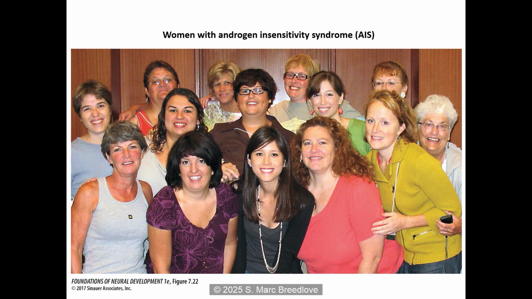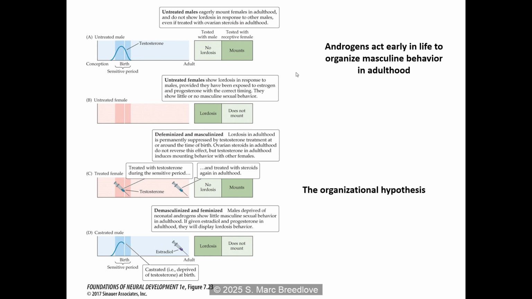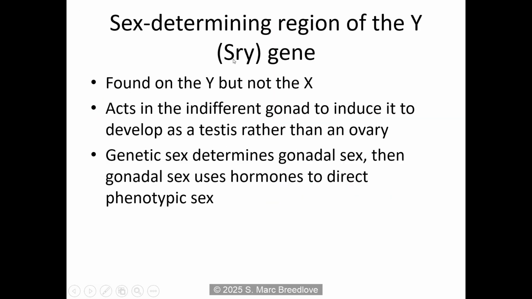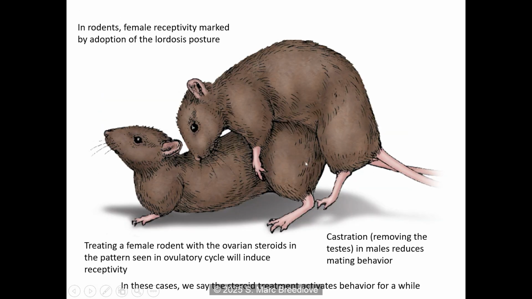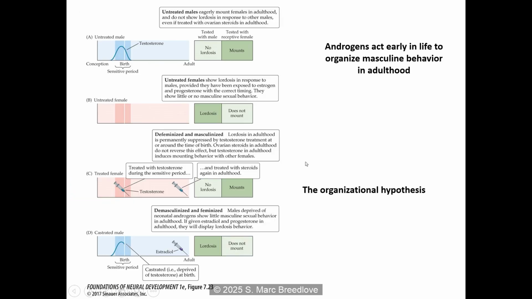Questions about that? Okay. So androgen receptors are important for the masculinization of the body. And starting back in 1959, people started realizing that early exposure to testosterone might also be masculinizing the brain. And these experiments were of this sort, where you would look at that feminine behavior, lordosis, that we showed way back here, the lordosis posture, and took that as an indicator of whether the brain was masculine or feminine.